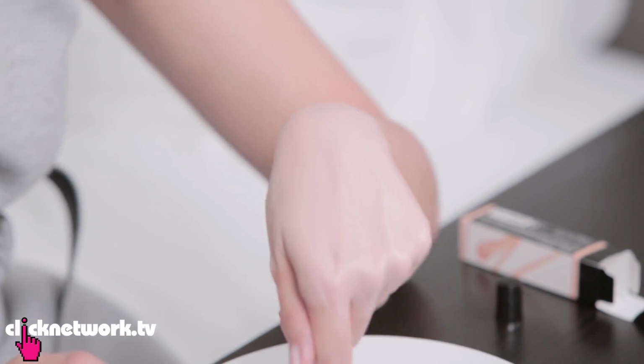So if you look at this, I kind of look like a wax figure. So if you ever need to be a wax figure, you know where to go to. Put this all over your face and just...